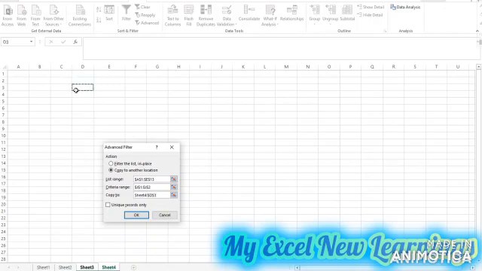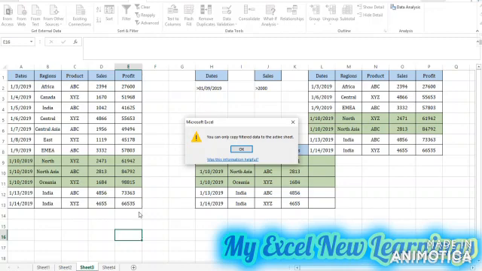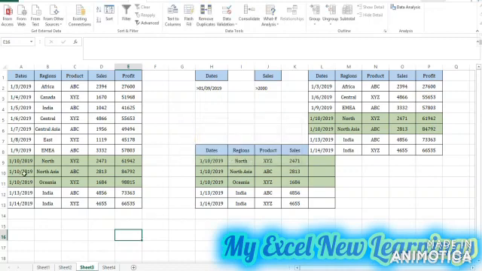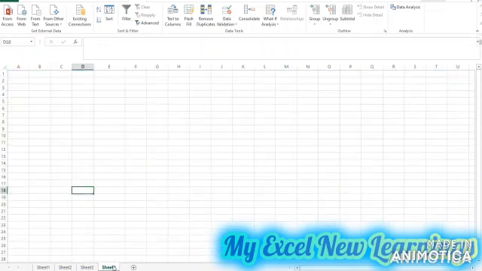So I will click anywhere, then I will click on OK. So the advanced filter will give me an error stating that you can only copy filtered data to the active sheet. So the active sheet means before you filter the data, your cursor should be on the sheet where you want the data should be pulled out.